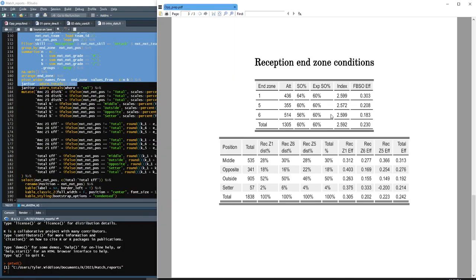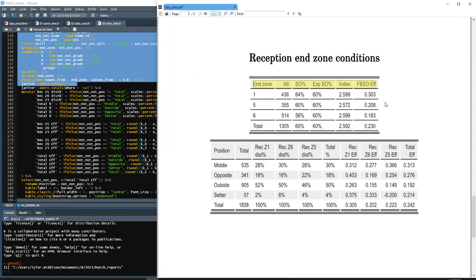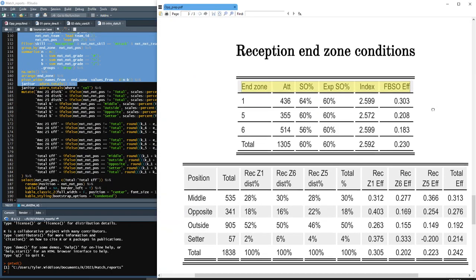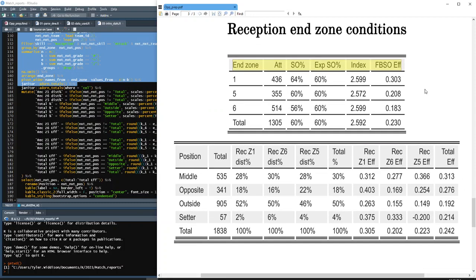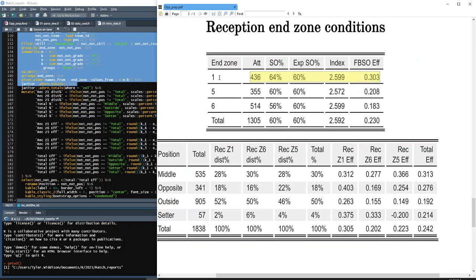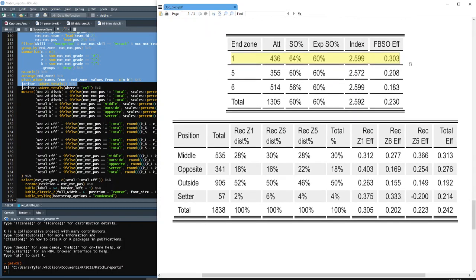That one. Yeah. So basically, the thought process I had was, all right, I want to know how my future opponent, my next opponent, is doing when I serve them in zone 1. I don't care what rotation. Just for me, from my perspective, you can generalize. I used to play middle, so it kind of makes sense in my brain to do it like this,